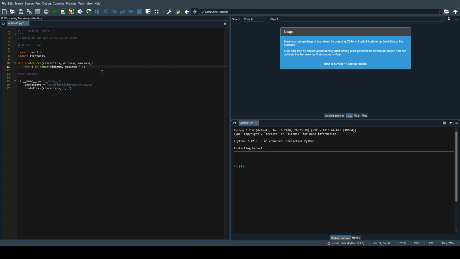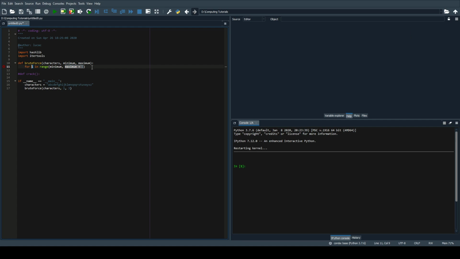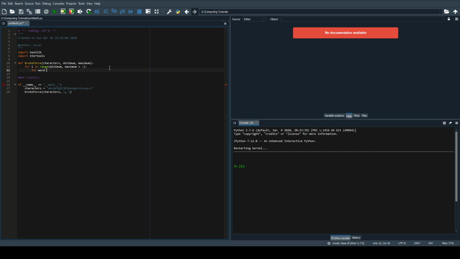We haven't set a step though, and the moment this value, this i, equals whatever value is in the stop part of the range function, that's when the loop will shut. But we don't want it to shut when i equals 3, we want it to shut when i equals 4, because if it shuts when i equals 3, it will actually skip the permutations with a length of 3. So now we just add our colon, and then the next line we want to type